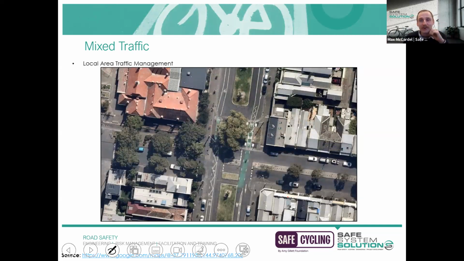whereby if motorists wanted to drive through, unfortunately they cannot. So their route forces them to do a U-turn, turn around, go back onto an arterial to be able to get to the other side there. Whereas cyclists have that opportunity to ride straight through, and their connectivity is managed and maintained. Really, really good way to manage your local networks is providing those closures. Get rid of that through traffic, don't have those high traffic volumes, and also slow your vehicles down